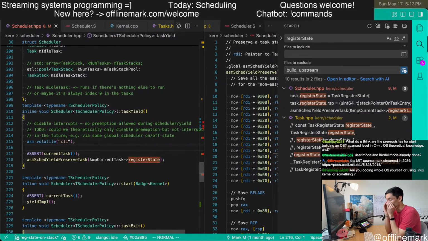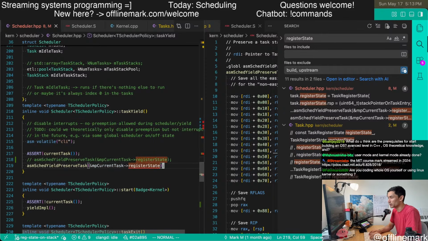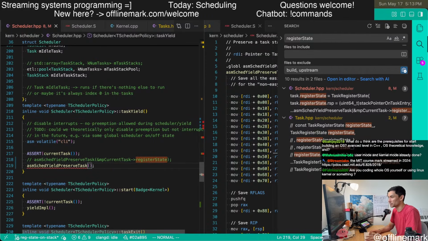Okay, let me lock in a little bit here. So task yield. The idea is we are no longer going to pass an argument to this function. A task is going to enter here.